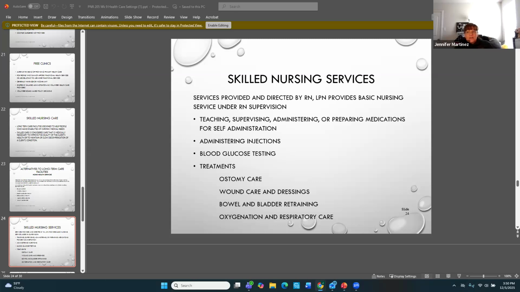And so depending on state regulations as well as agency policy, the LPNs are able to provide many of the home health services. But it's generally going to still be a coordination of care, right? There's still going to be an RN that is going to initiate that plan of care. So some of the things that we'll do,